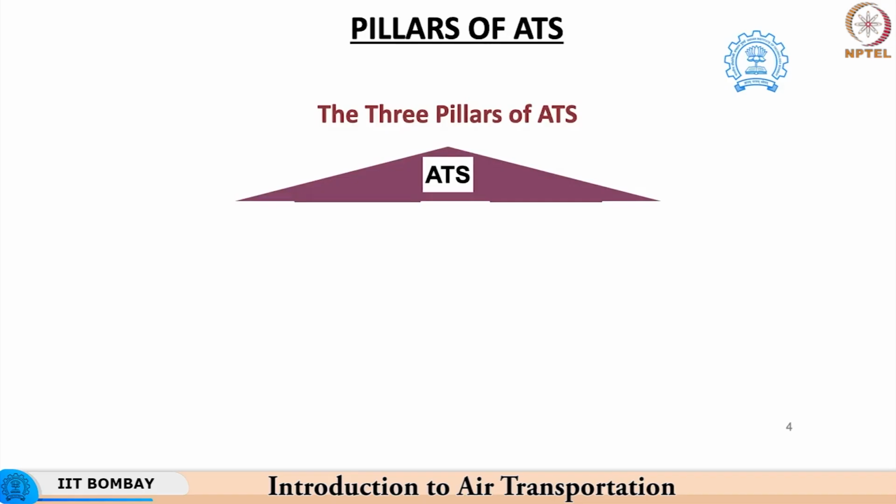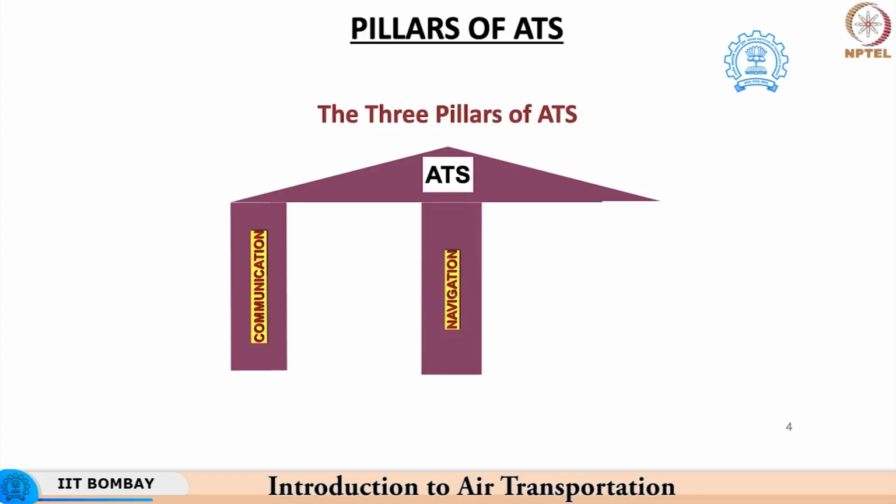As we all know, there are three pillars of efficient air traffic services. Firstly, communication, as to how communication transpires between the aircraft, the pilot as well as the ground crew pertaining to the particular airline. The second pillar, navigation, covers the technique implemented by the aviator to carry out the overall planning and on course correction, so that the flight can be carried out in an efficient manner, and the related fuel and time consumption is minimized as much as possible.